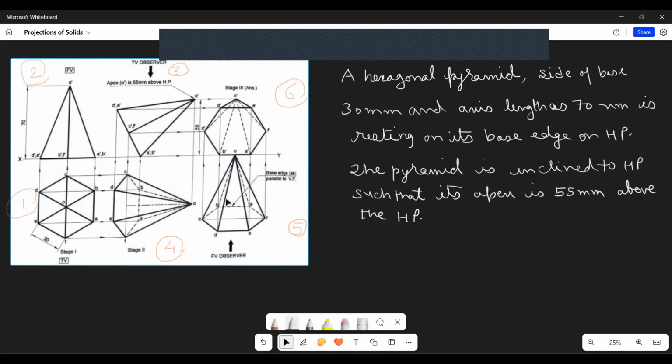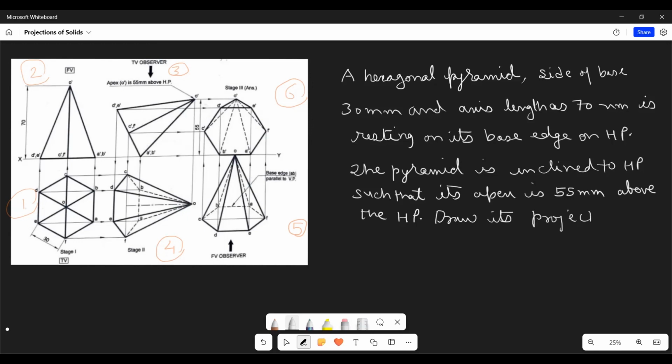Means we can write the statement that: draw its projections when the base edge on which it is